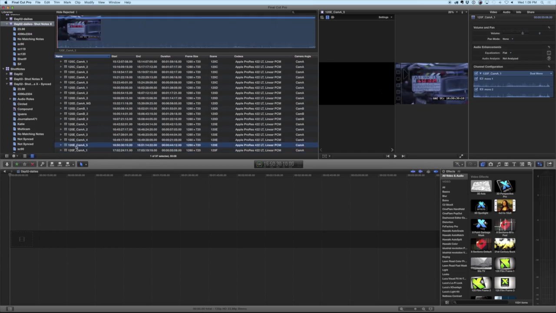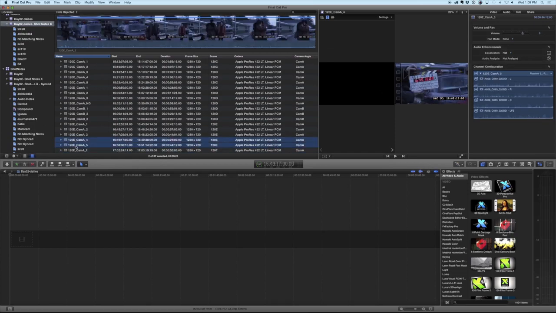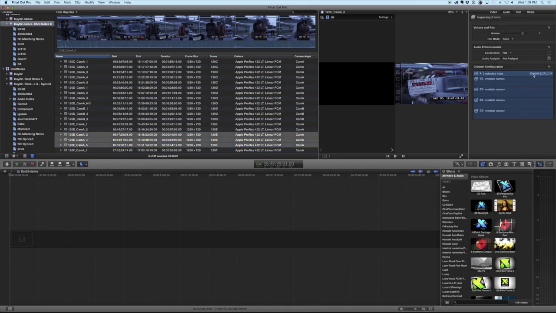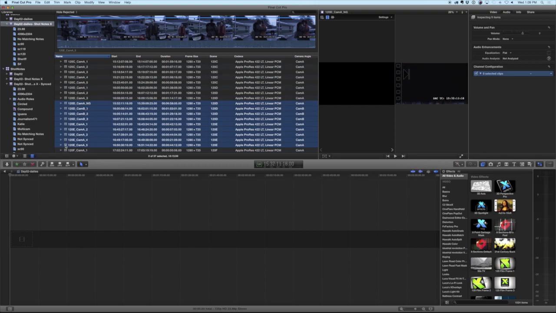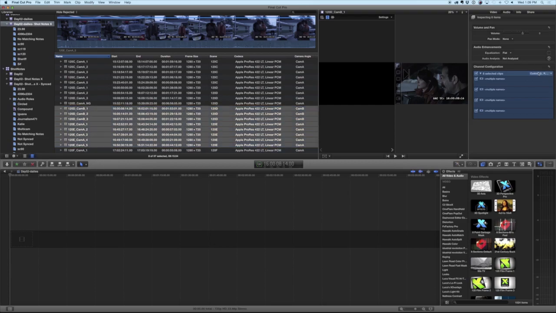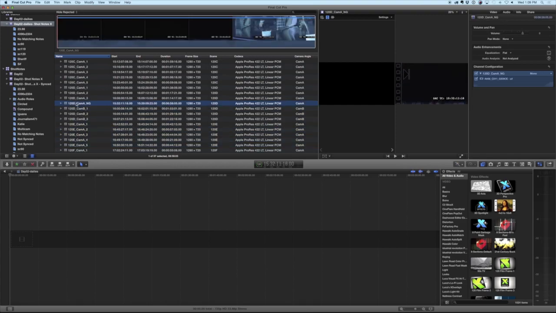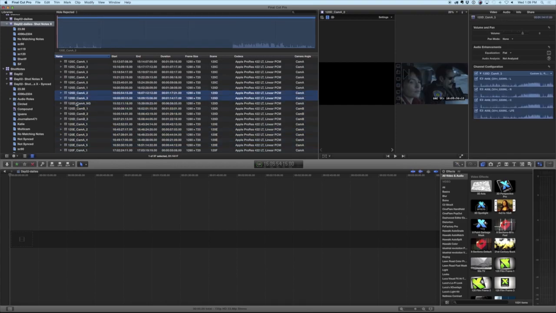Then I'm going to shift select upwards until, if you notice, this is going to change at a certain point. So here we go. I'm going to shift select upwards, wait until that changes, and then patch all of these to mono as soon as I can. We're going to change these to 4 mono. Now I'm going to move up to 120D and shift select. Oh, that one's already in mono. So now I'm going to shift select